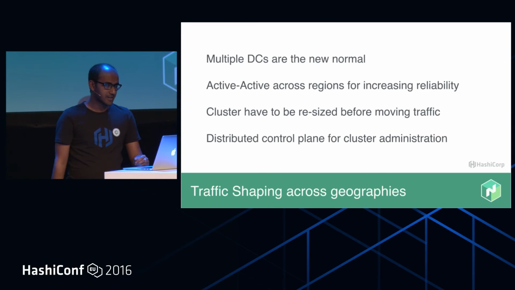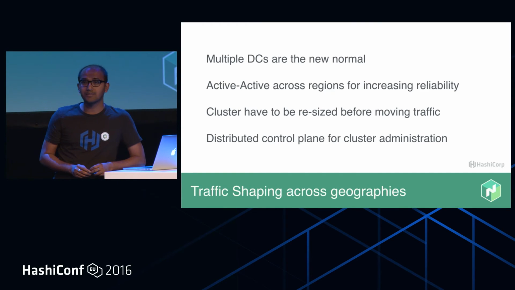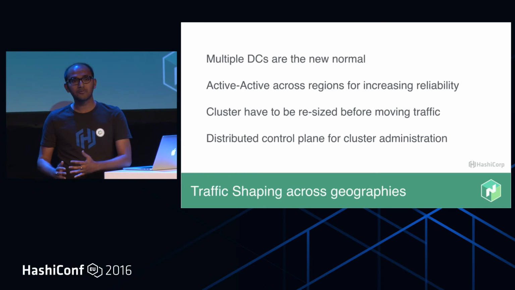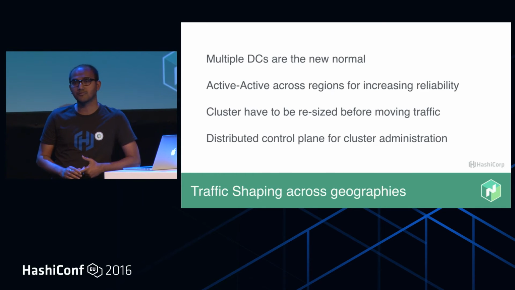Next up is traffic shaping, and one of the things that I see very commonly these days is multiple data centers. And if you are running on Amazon, you are probably distributing your load across multiple zones, with every zone being its own failure domain. It's very common, when you are doing a deployment, to spread across zones, right? So your cluster scheduler should also keep up with that.